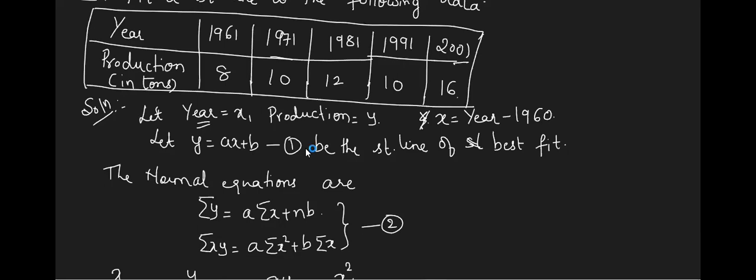It is not a compulsory thing. It is your choice. You can straight away take x as the year and do the calculation, and you'll get the same value. If you don't want a bigger number, because we have to take it in x square format, so that will be a bigger number. Now you have to square a 4-digit number and all. To avoid a bigger number, you can do this simplification. So this is my x now. Got it?